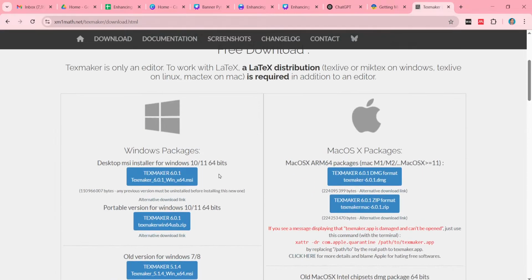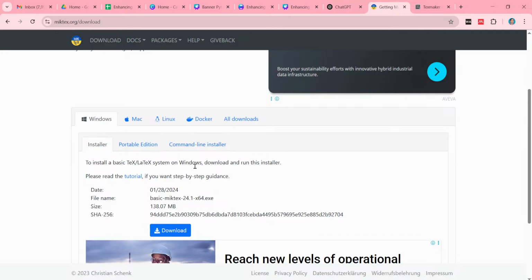Okay, so most of the participants, I think, are using, sorry, a Windows-based operating system. So everyone will download TeXmaker by clicking at this place, and you can easily install it in your system. When installing both pieces of software, remember that first you have to install MiKTeX, which you can download from this place. Just click and install MiKTeX in your system.